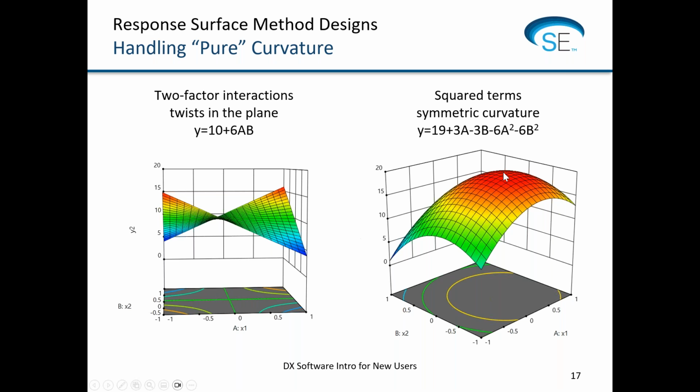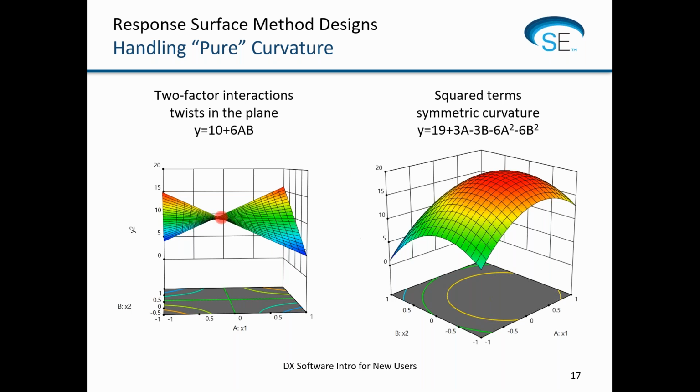Okay, so that point, let me get the tool here. So that point right in the center is unaffected by the twist, right? That's at the 0, 0, right? If both A and B are 0, then all you're getting is the overall average of your corner points. So at the very center, a twist in the plane or the 2-factor interaction term really isn't creating a